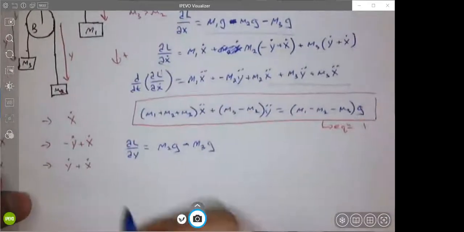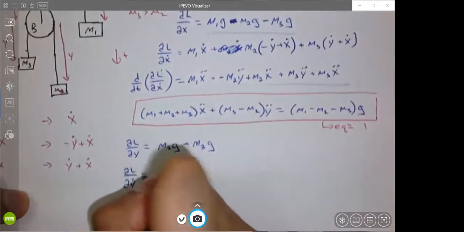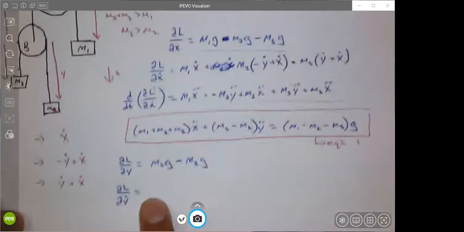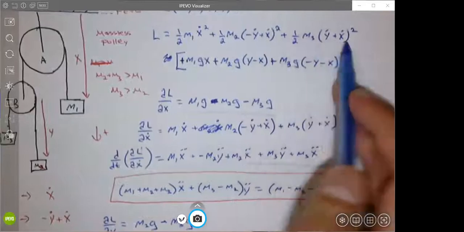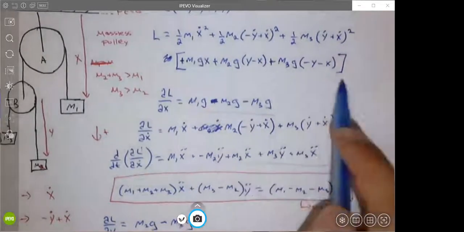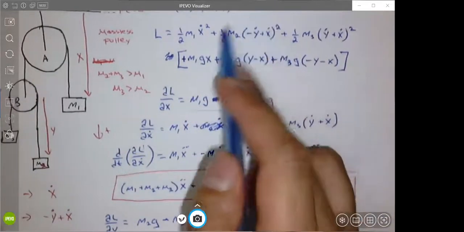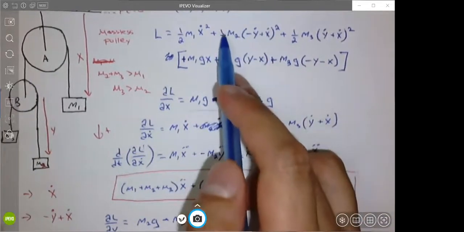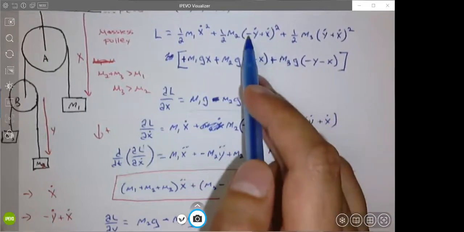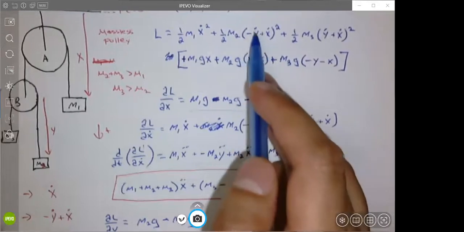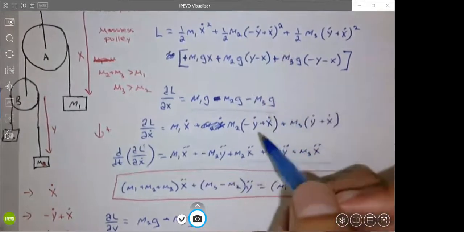The next thing we need to do is take dL with respect to y dot. So let's go back to our Lagrangian here, y dots. There's no y dot here, there's a y dot here, there's a y dot here, and that's it. So we just need to do these two. And this is a chain rule. So the 2 comes to the front, the 2 and this thing will cancel each other out. And then you have to take the derivative of the inside, and it's going to be negative 1. That's where you can make a mistake. So make sure you take the derivative of this, and it's going to be multiplied by negative 1. And we end up with